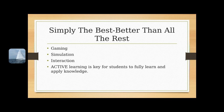So when we were looking at a lot of the technology, what I find best in the classroom and what I've learned recently are a couple different things: gaming, simulation, interaction, and active learning. When you put all of these together into a clinical laboratory science classroom, we're looking at utilizing online applications,